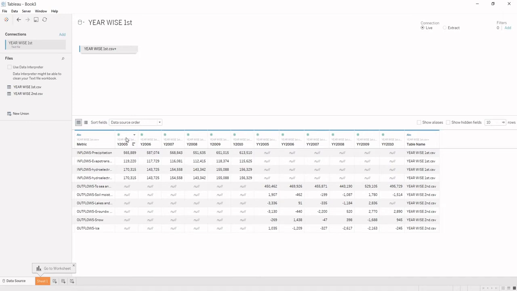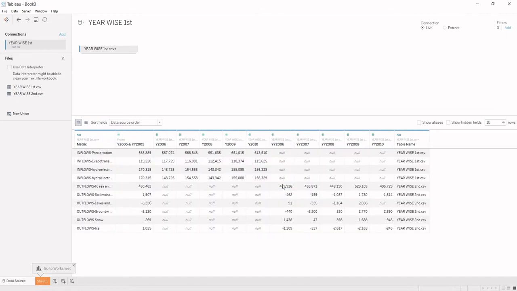At that point of time, you need to click both the columns for which you want to combine the data together, right click over them, and then click on merge mismatch fields. Once I do merge mismatch fields, both of these columns will come together and the null values will be replaced. And you can see that it is showing me the column name as Y2005.